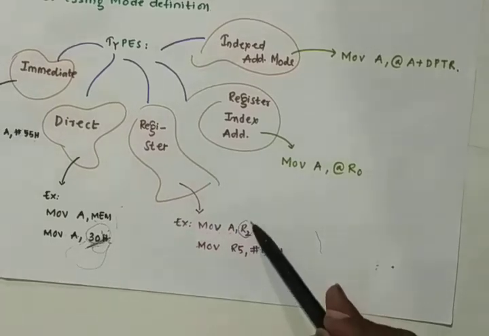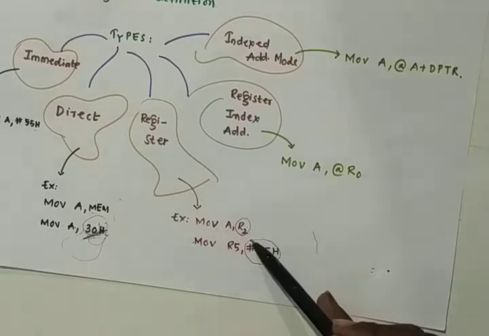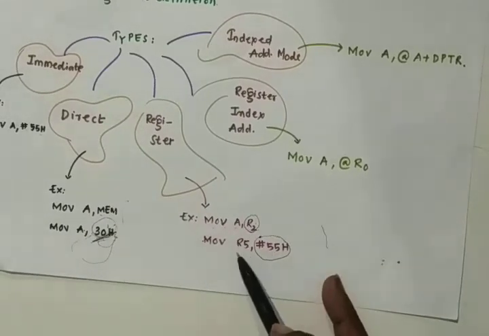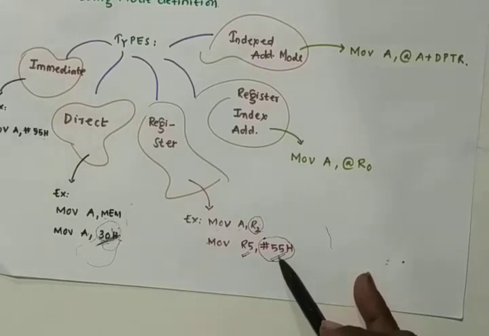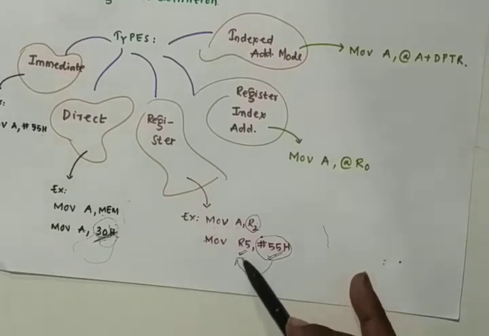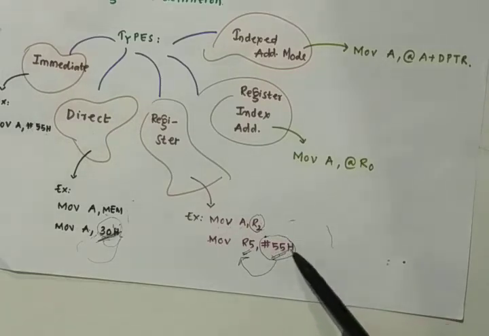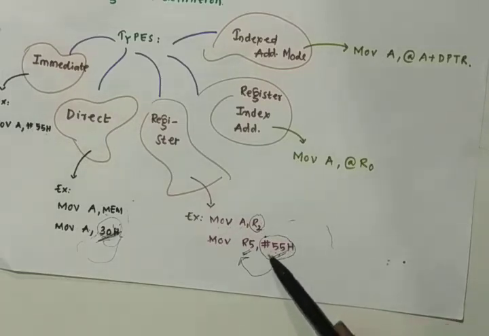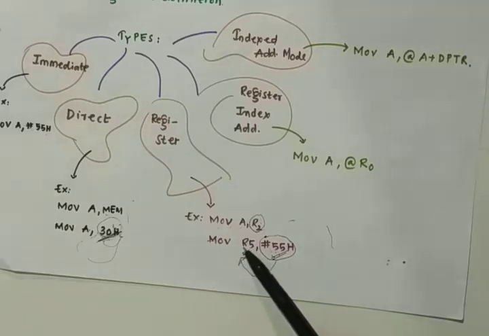This may be a register and this may be direct data only. Here, this is not the internal register, and this is data only. This is the direct data, and it is moving into some other register, not an internal register. This is an external register. So what we can write is a copy of 55H, an 8-bit data moved into that register, or you can call this MOV A, R2.